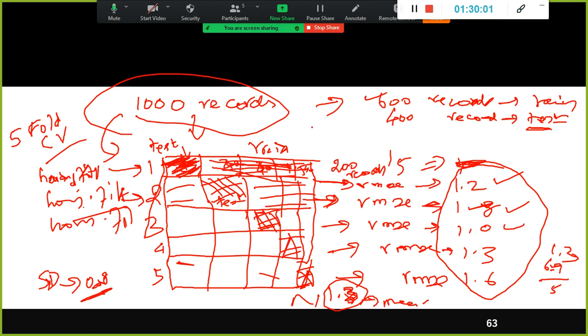But when I apply the housing.fit model, or when I use the housing.fit and if I split the data and run it against all these things, right, your standard deviation will definitely be very high for the different training and test data sets, 1.8. That means this model is not fit enough to get deployed.